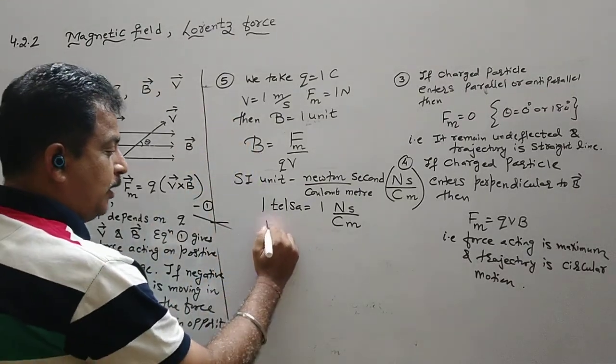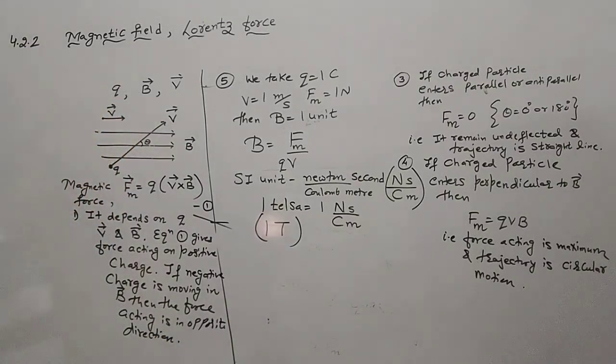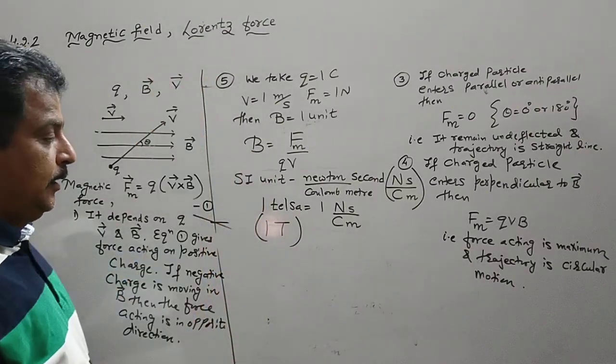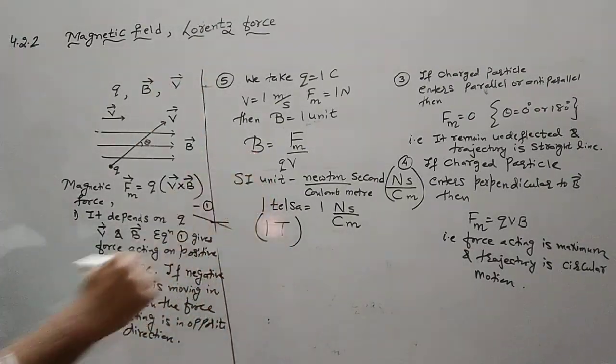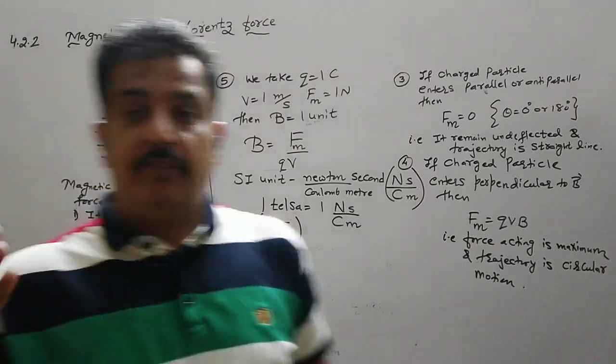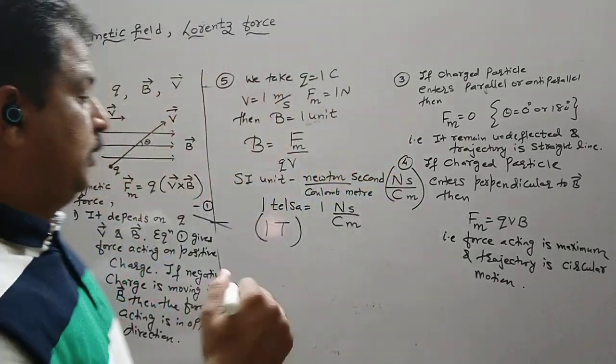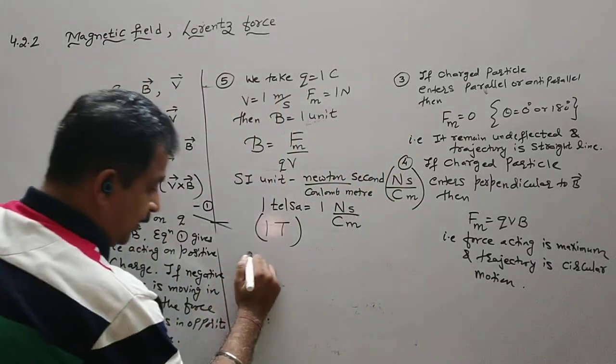So it is denoted by capital T. So the SI unit of the magnetic field is Tesla. Now this Tesla is a very big unit. So if I say the magnetic field is 1 Tesla, it is a very large value. So we use a smaller unit